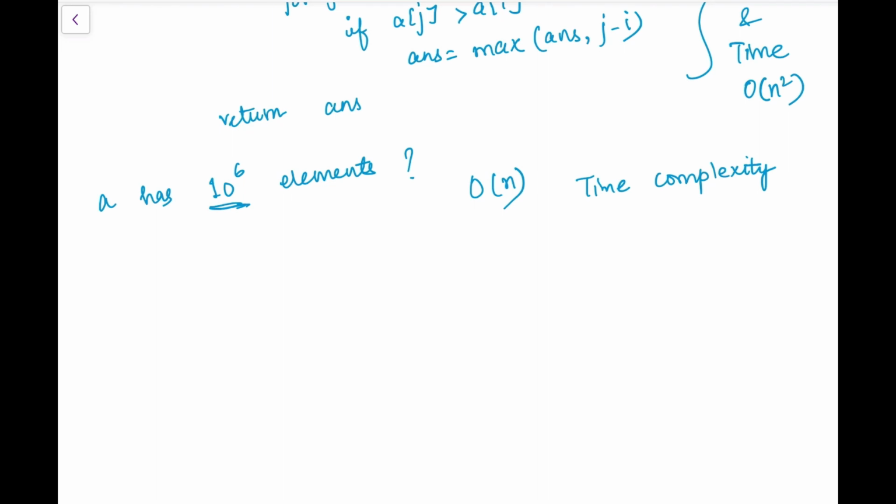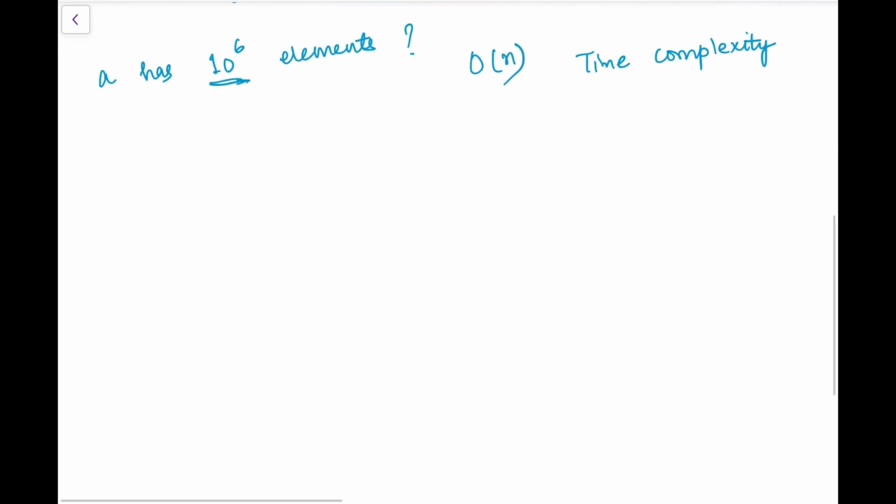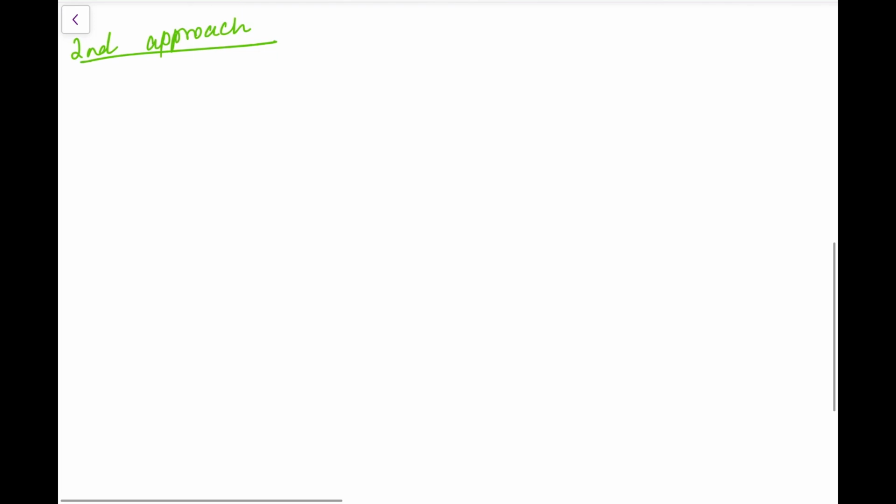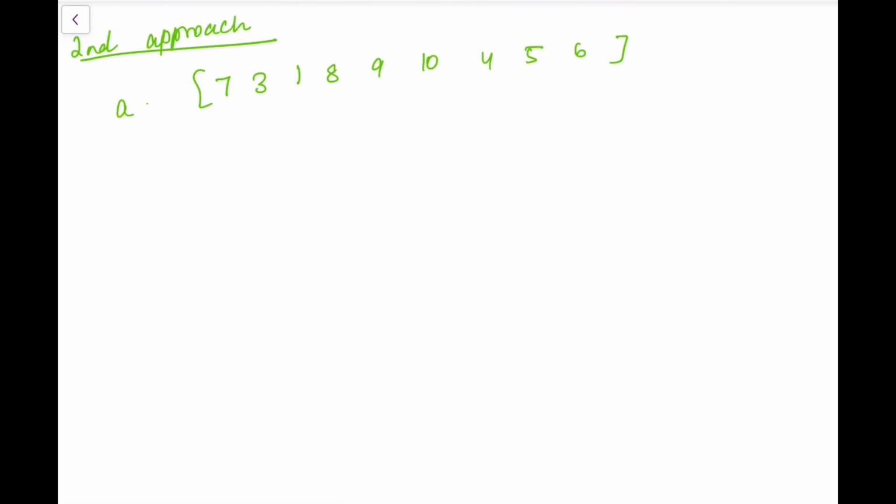Let me take the example that I had taken. My example goes like this. So this is my array A. Let's see what the index of every element in this array is.